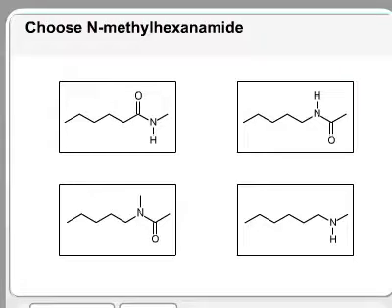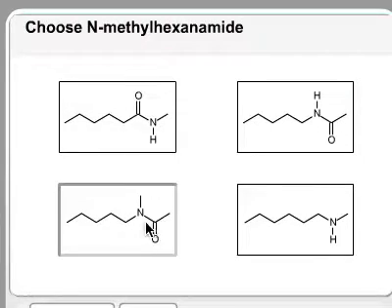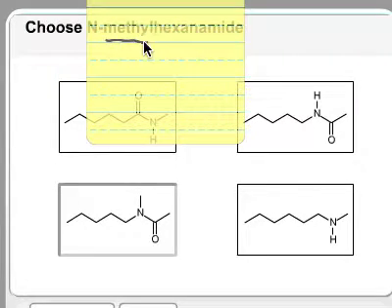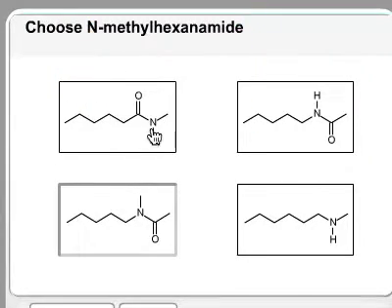All right, we got an amide here. Let's rule out because some of these aren't amides. An amide is on the end like a carboxylic acid, and the nitrogen group is on the end of the molecule. Now it says N-methyl. That means that there's a methyl group attached to the nitrogen of